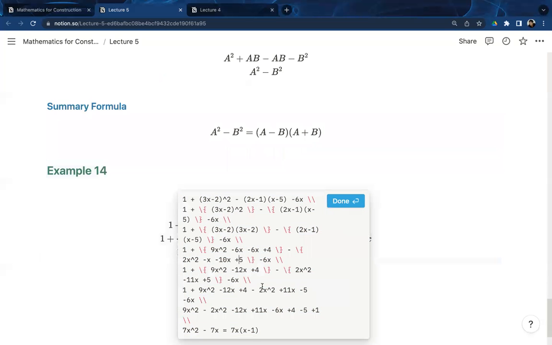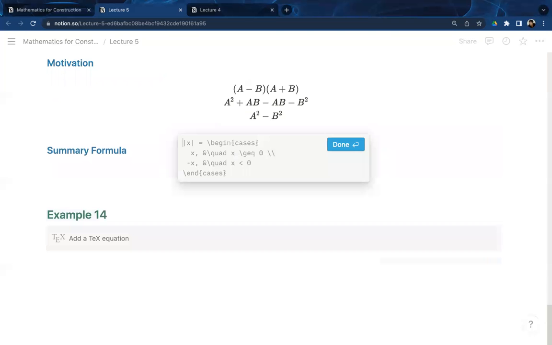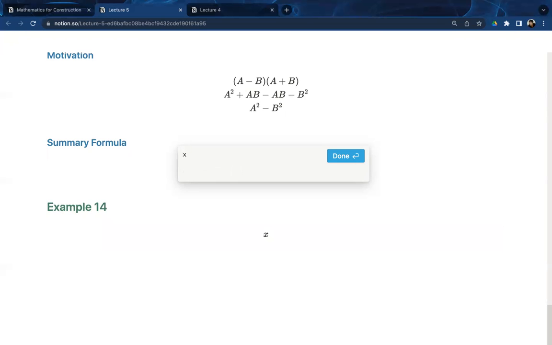You might be wondering, how is this used, right? Example 14. Say I ask you, this is really factorizing. So if I have, say, m squared minus 4,